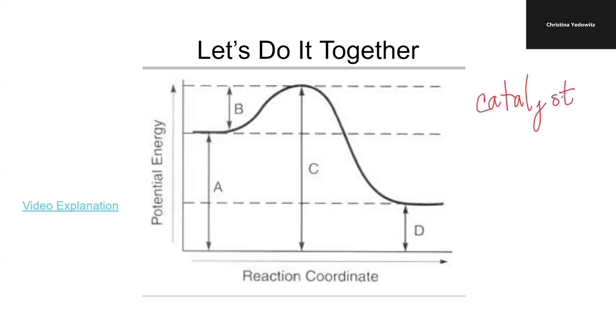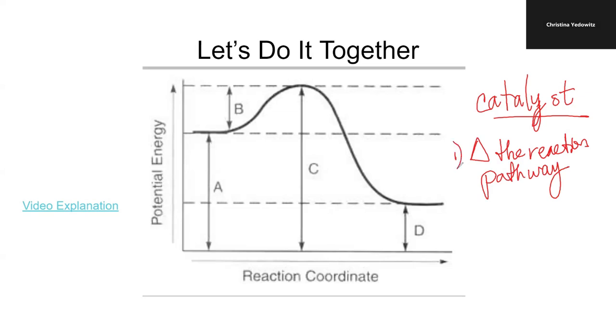Okay, a lot of times I'm almost glad you guys don't remember, because a lot of times in the early days of learning about catalysts and enzymes, people will say to you over and over again, it speeds up a reaction, it speeds up a reaction. And that is actually not correct. And so as a result of that, the Regents has gone about trying to reword the questions to force you to not say that answer. And so the answer they're looking for now is that you understand that a catalyst changes, I'm going to use delta for change, the reaction pathway. Okay, one, it changes it. Two,